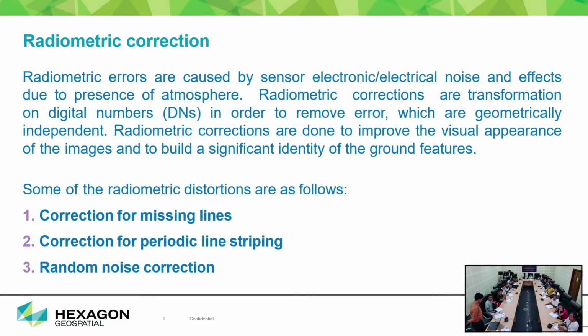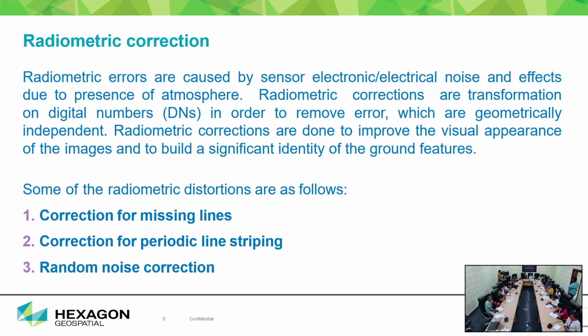So what we will do using the radiometric correction: radiometric errors are caused by sensor electronic or electrical noise, and effects due to the presence of the atmosphere. So radiometric correction is related to the atmospheric effects. You can directly say that it is due to only the atmospheric effects and some distortion in the